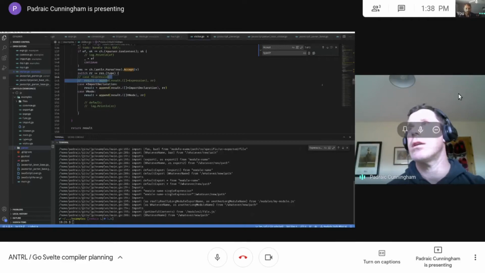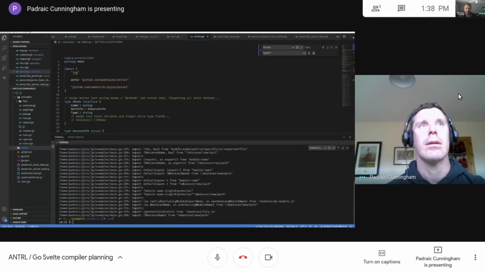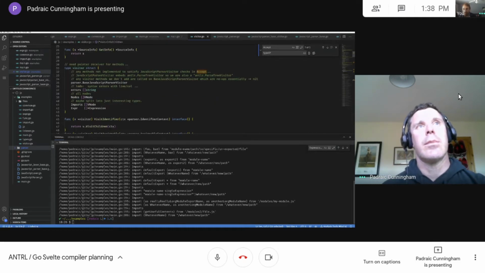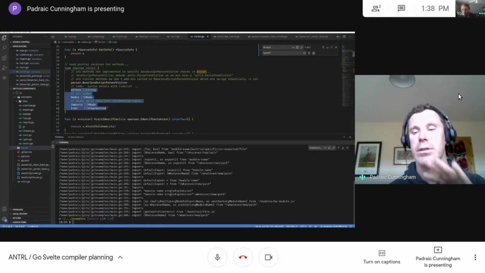The only thing that you actually need from the visitor is the parser based visitor. That's it. This other stuff is implementation details for me, like the expression and the imports, the stuff I've done,